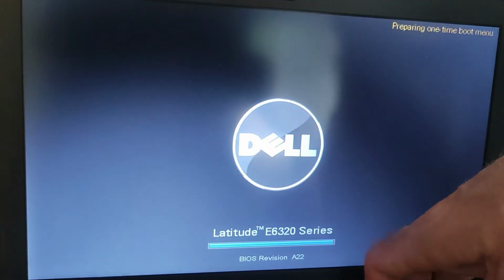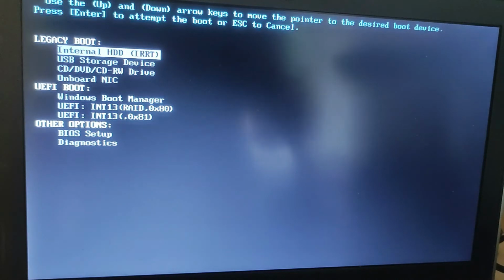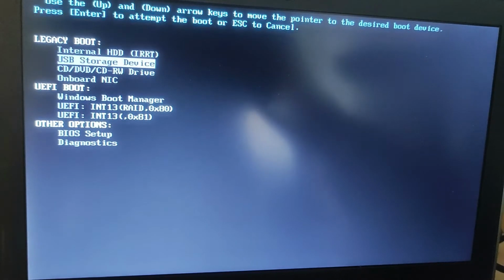As soon as the screen lights up I'm going to be pressing F12. I've got a copy of Windows 10 on a USB, so there we go. I've just done my down arrow down to the USB storage device. I'm pressing enter and hopefully